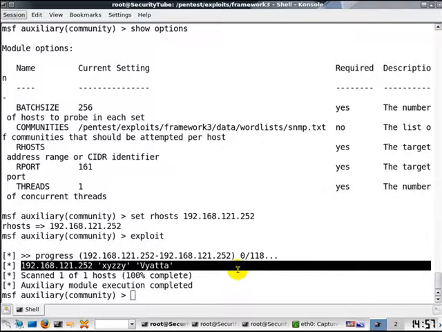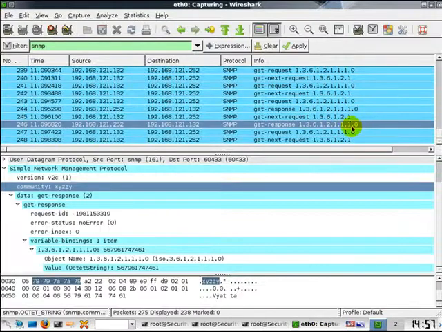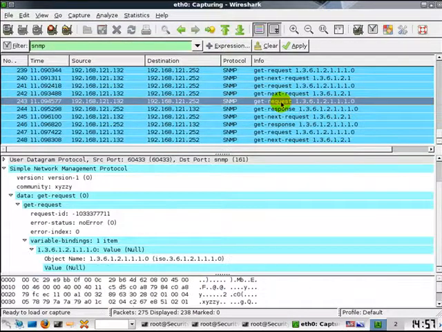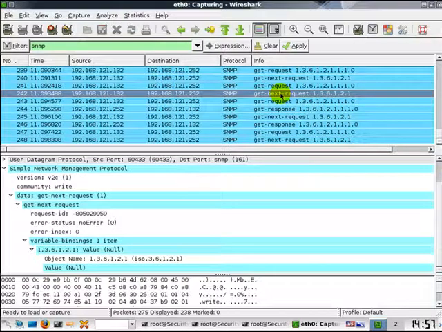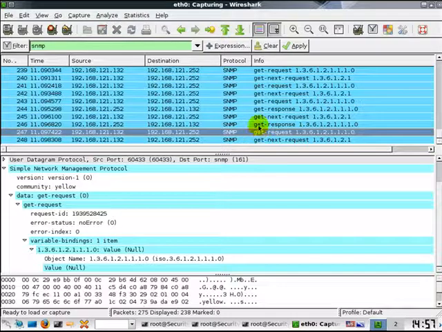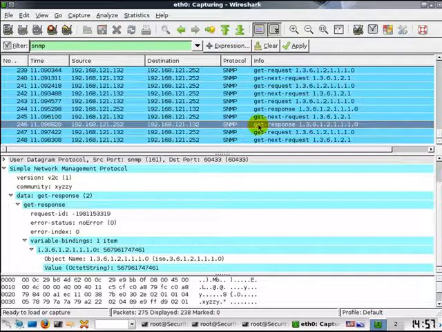So well, that's all for this video. What we basically wanted to point out is that the SNMP community string can be found out using a dictionary based attack or even a brute force attack at times. And this is exactly how the traffic would look when such a brute force or dictionary attack is underway. There would be multiple GET requests and GET next requests being sent by the attacker machine to the SNMP enabled device. The community string for which it does receive a response is the valid community string.